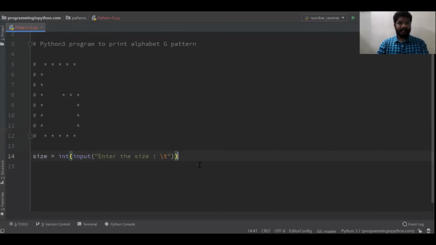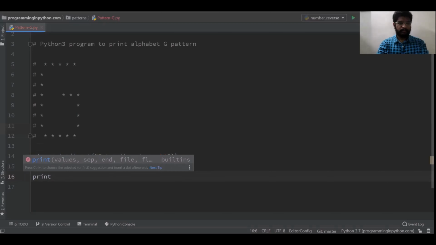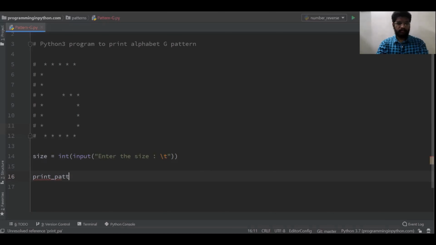When this size is passed and we get this size, we'll start printing the pattern. I'll call print pattern and pass this size to it.